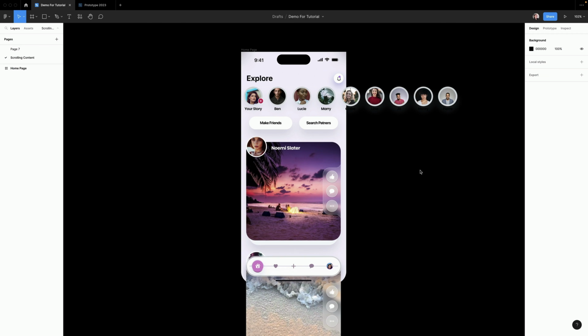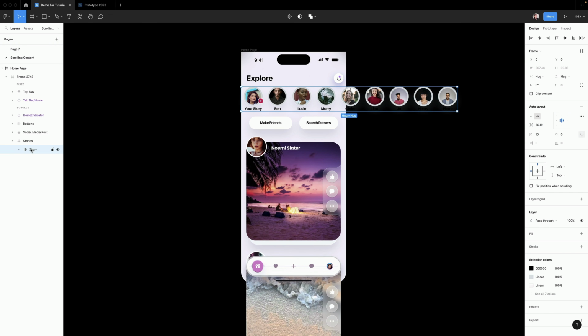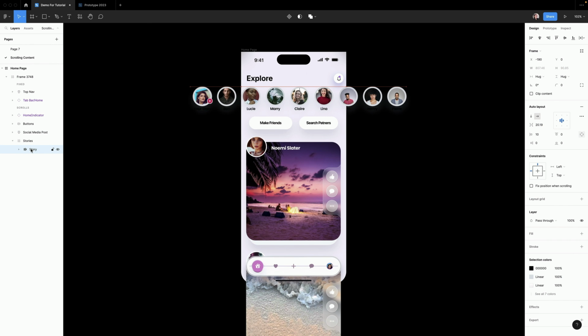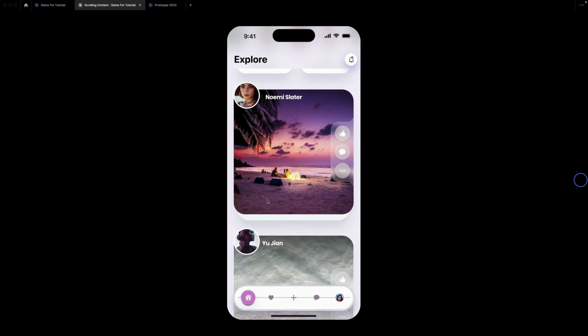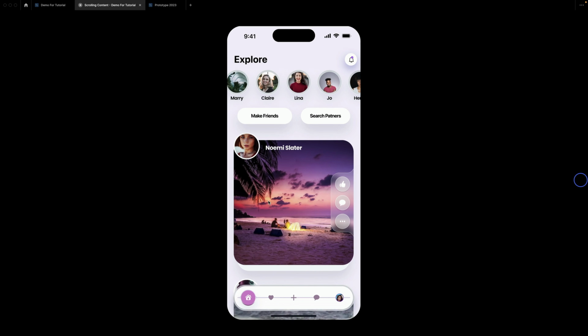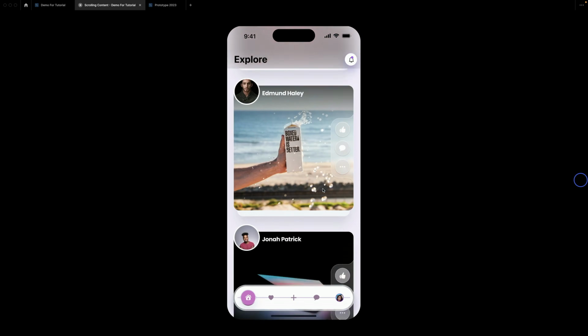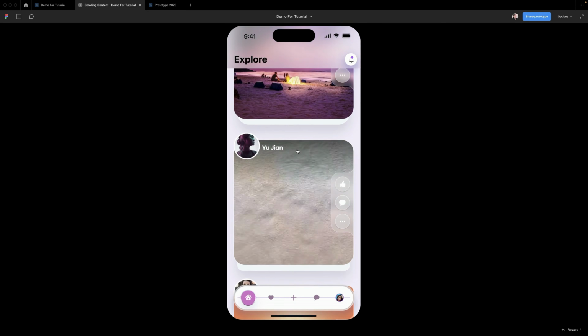When prototyping in Figma, it is easy to create a prototype that looks great and is easy to navigate, but how do you make sure the scrolling content works well? Here are some tips and tricks that can help you create prototypes with scrolling content that looks great and works smoothly. In this section, I will show you how to add scrolling with sticky elements to your prototype to get those interactions right. In this example, we see how the content can be scrolled horizontally or vertically and how to have fixed elements while scrolling.